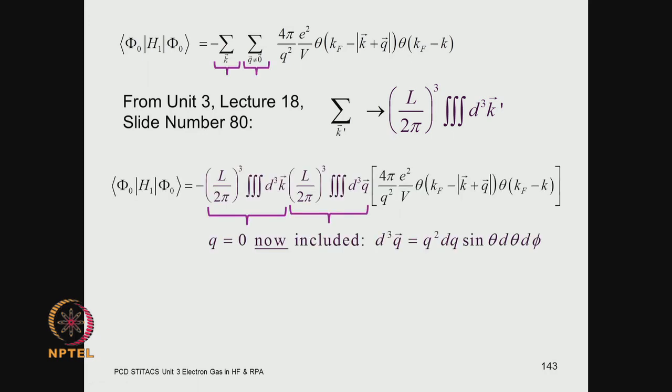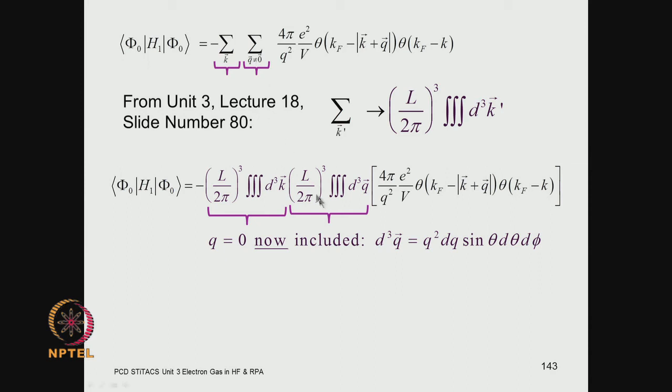So, that is the term that was coming from. So, this summation over k goes to the corresponding integration, this summation over q also goes over to the integration over the momentum space. Okay. But here we were taking care that q is not equal to 0,